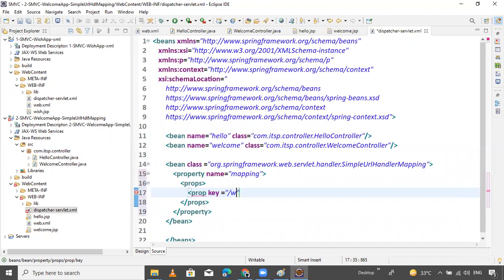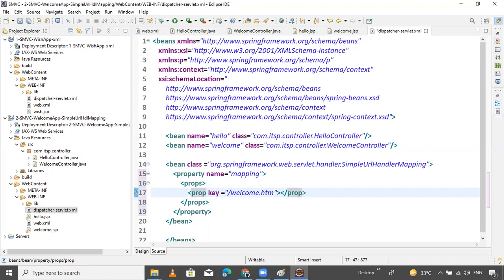Welcome dot stm, suppose stm is nothing but just the stm.